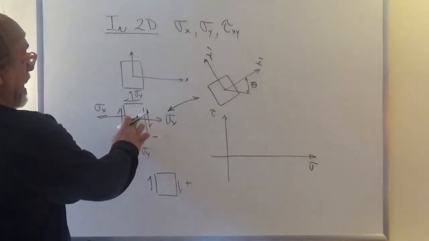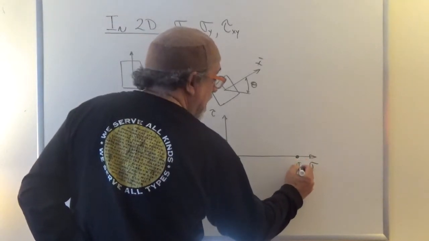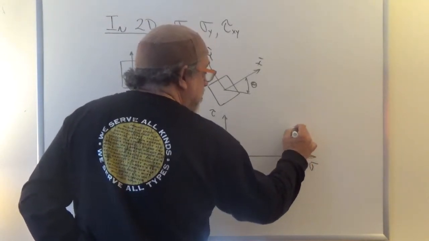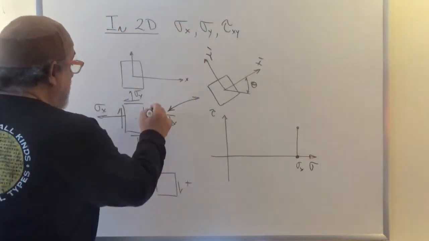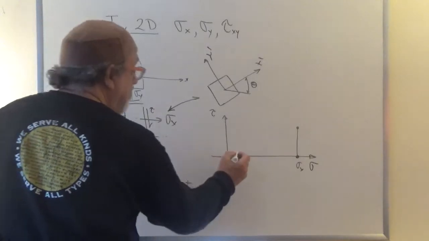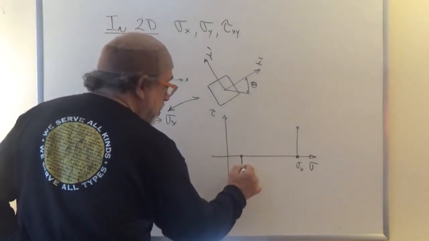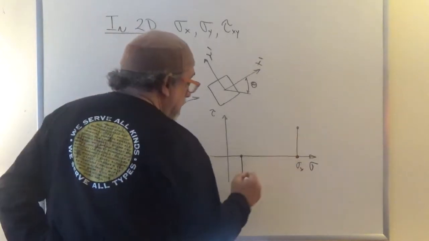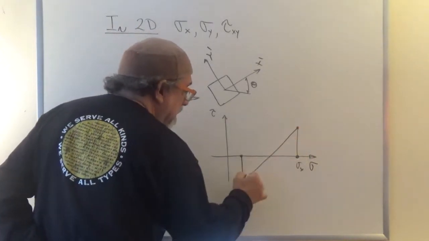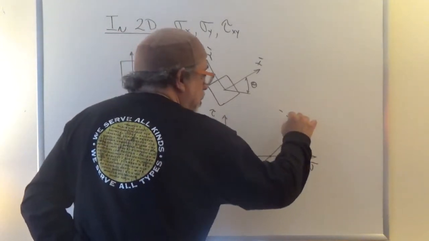So if we had an element like this, we would say, okay, sigma x is here, and that is occurring with a positive shear stress equal to tau, and then the y phase is, let's say, here, and it's always with the opposite direction of the shear, and then the points get connected. This is the center of the Mohr circle, and then we just simply draw the circle,